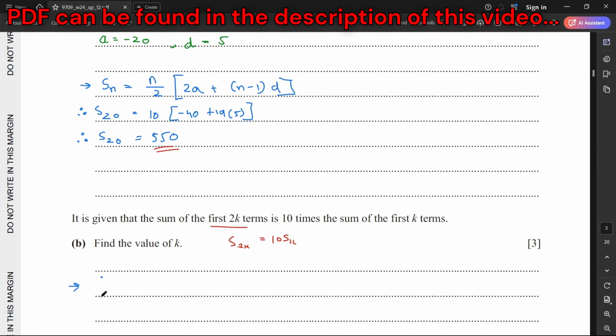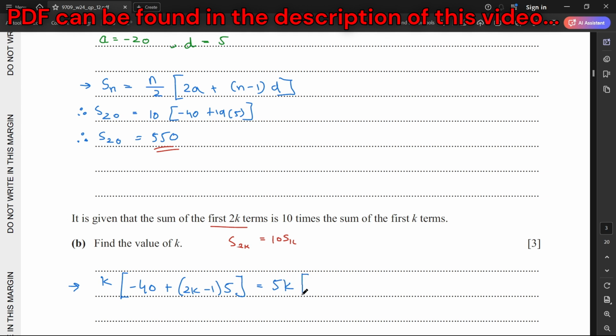So 2k by 2 is simply k, right? 2k by 2 is k, then minus 40 plus 2k minus 1 into d, which is 5, is equal to 10 times. Now the value of n is k. So k by 2 into 10, so that becomes 5k, right? 10 by 2 is 5, and then you're also having the k. So 5k,